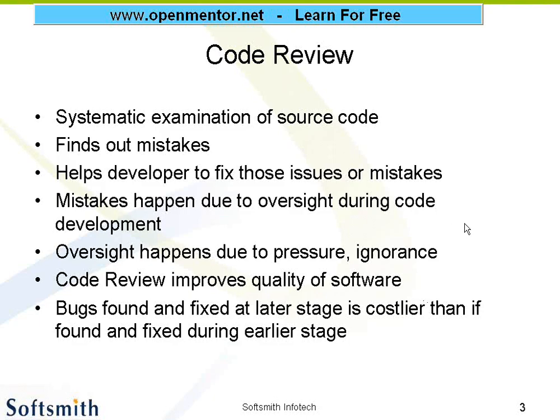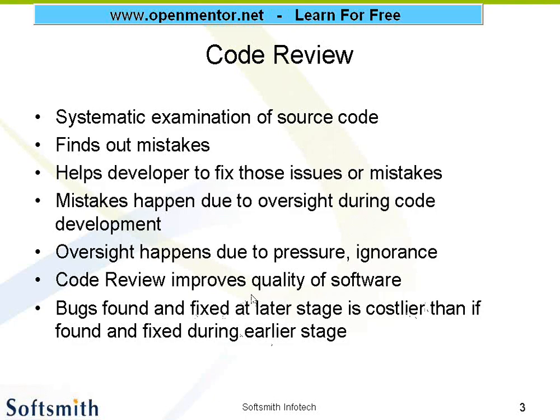Okay. And this is a very, very generic topic, not much technical. We are not going to see how to code in Java, how to code in .NET. This is a general topic, a managerial topic, I can say. So it would be better if you all interact with me.